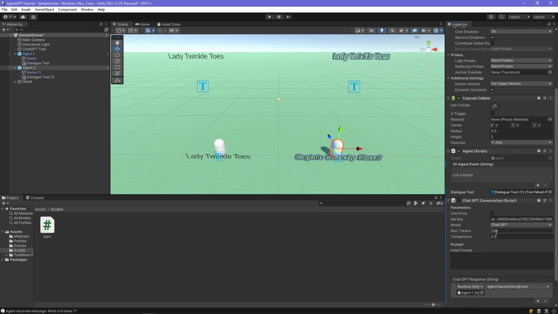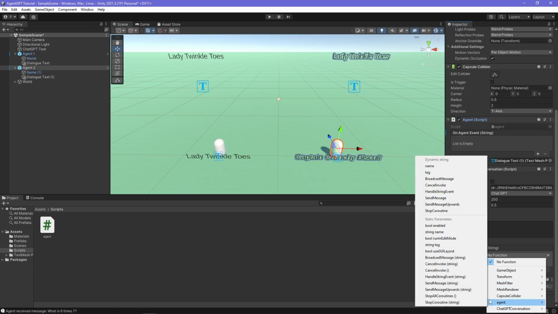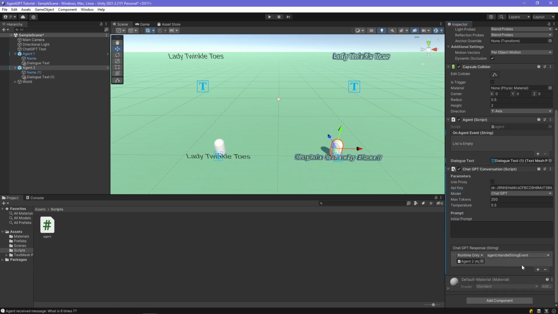Paste the values, keep it active. And now we have this ChatGPT sending its response to agent 1, which we don't want. We want the same agent, agent 2, to do that. So whenever the handle string event is happening, and then similarly here in the agent script, we can